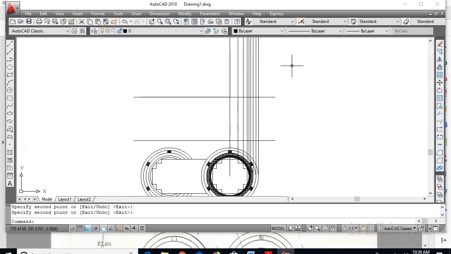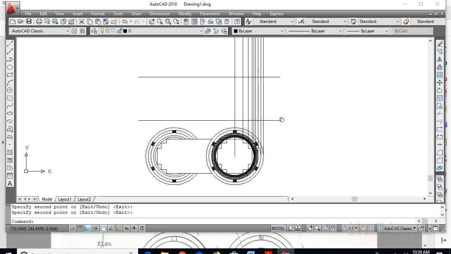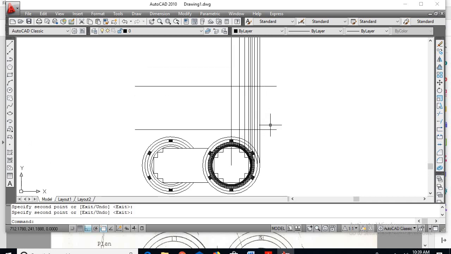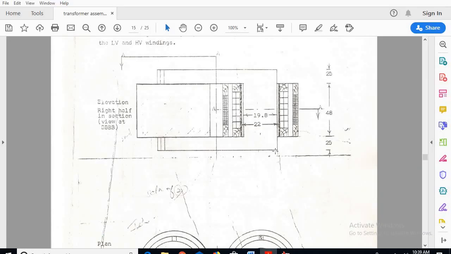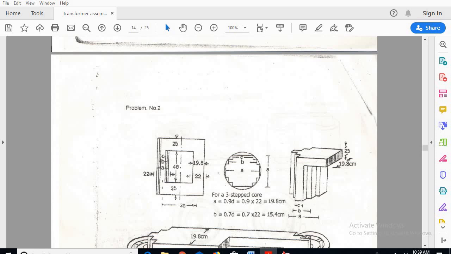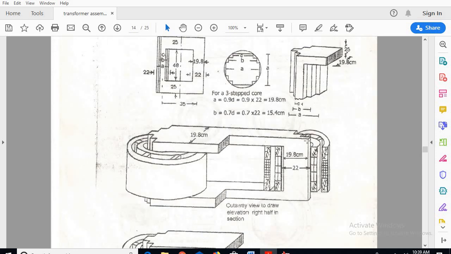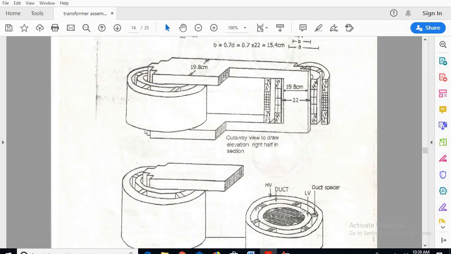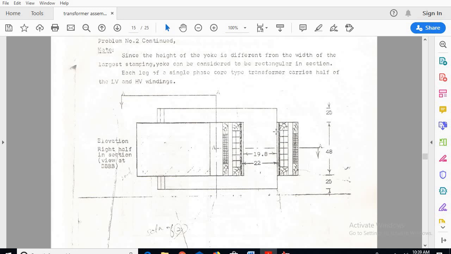Okay, so now while coming to the yoke part, I cannot see any windings in the yoke. Okay, so only steps I can see in the yoke part. So if you see this picture, I can see only the yoke here. The core will start from here to, that is 48 centimeters what we have taken into consideration. Okay, so now with respect to this, I can see only this line, that is diameter of the circumscribing circle and width of the largest stamping I can see. So that part will show here.